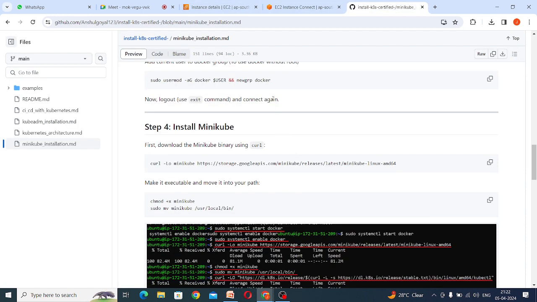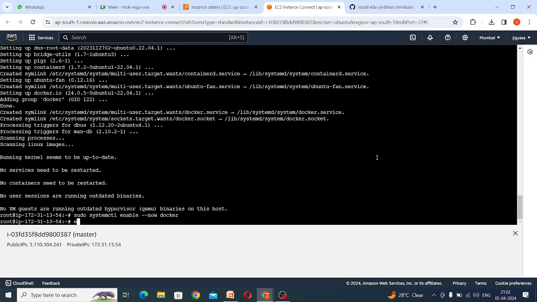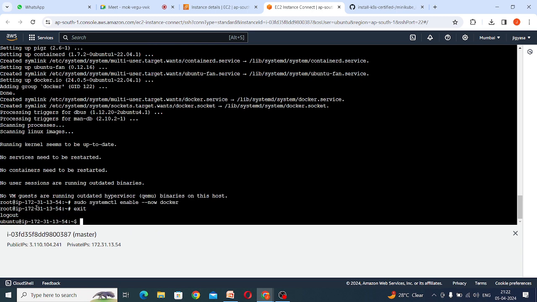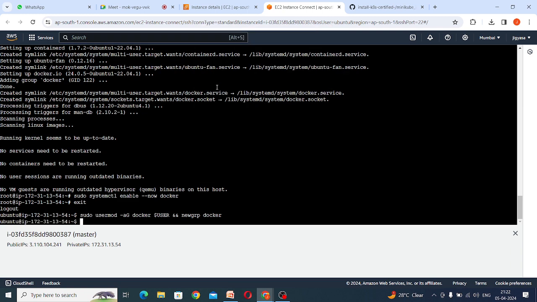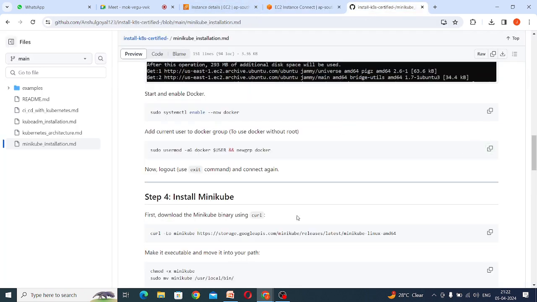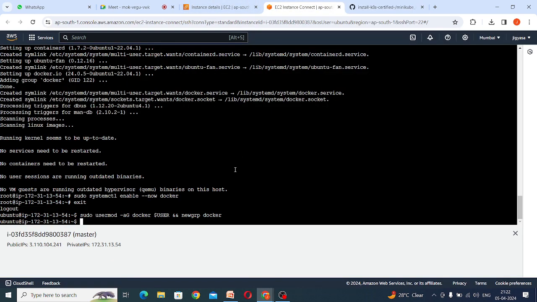Then this is the user, I will give permission to the user. Ubuntu is the user, and Ubuntu can access the docker command. If you have any doubt, ask, because I explained this in detail in the study. Still, if there is any doubt, then I will install Minikube here, the Minikube tool, Minikube utility, whatever you want